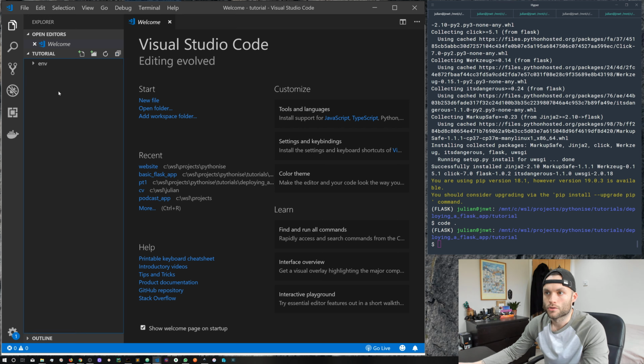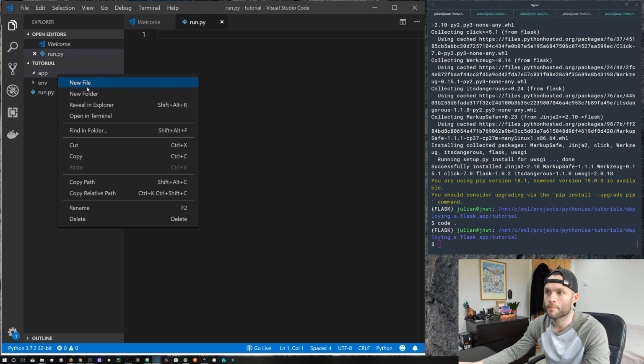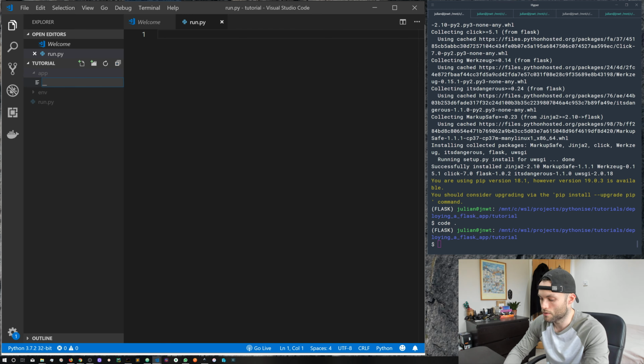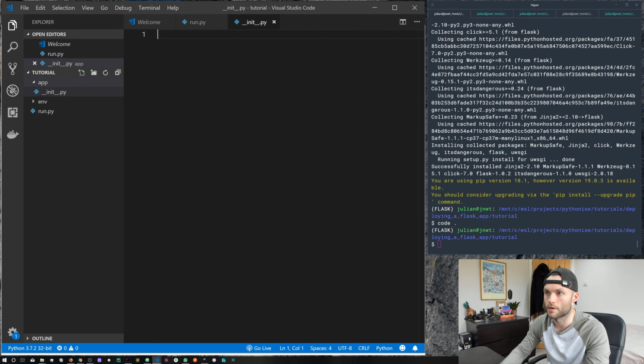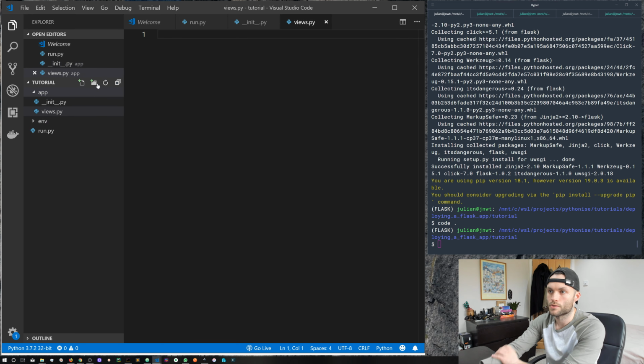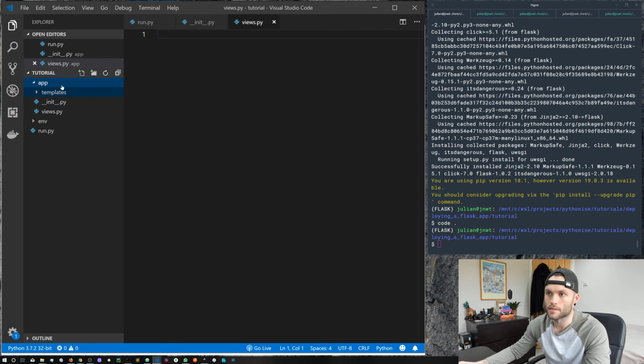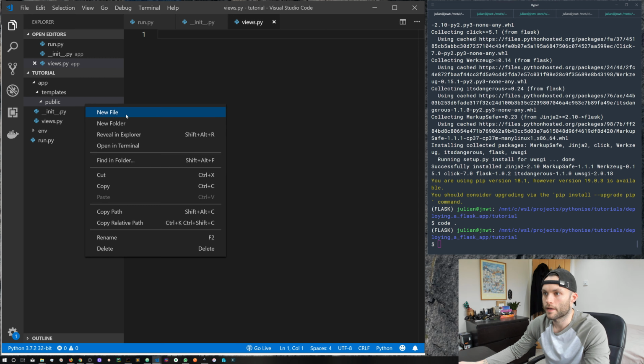So let's go ahead and create a few files. So the first file we're going to create is called run.py, and this is going to be the entry point of our application. I'm going to create a new folder called app, and then inside app, a new file, __init__.py. So the init.py file is what we use to bring our app together. And then another file called views.py. This is where we'll write our application views. And then a new folder called templates, and that's going to be inside of our app. And then a new folder called public, and inside public a new file called